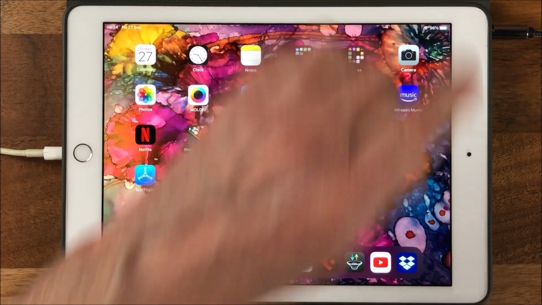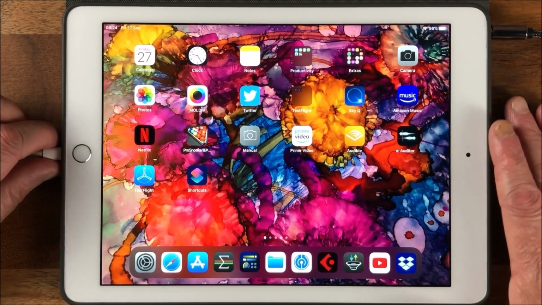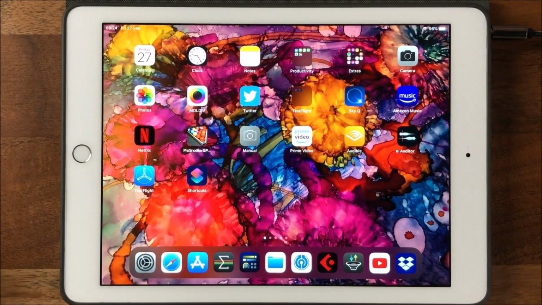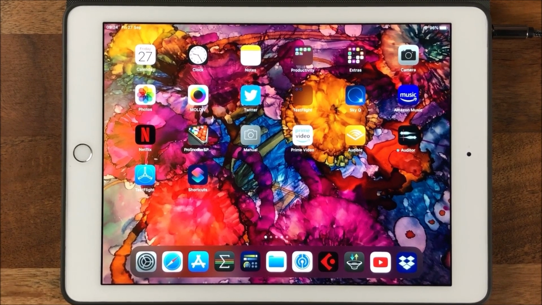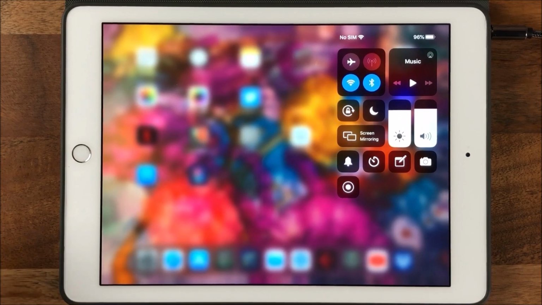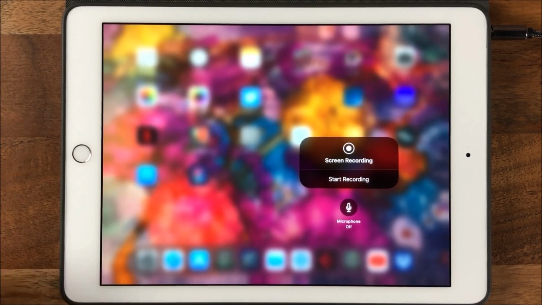So easy again also to set up. Don't forget we don't need none of this plugged in. In fact, let's unplug the keyboard. We'll leave this plugged in so you can hear what's going on while I'm doing it. Again, swipe down, and this time you need to long hold the record